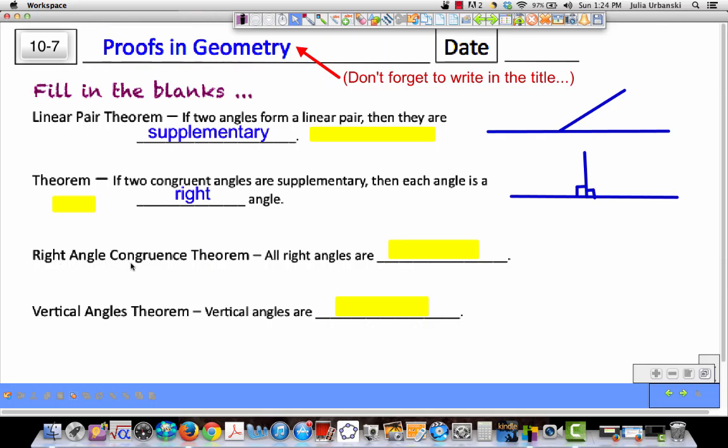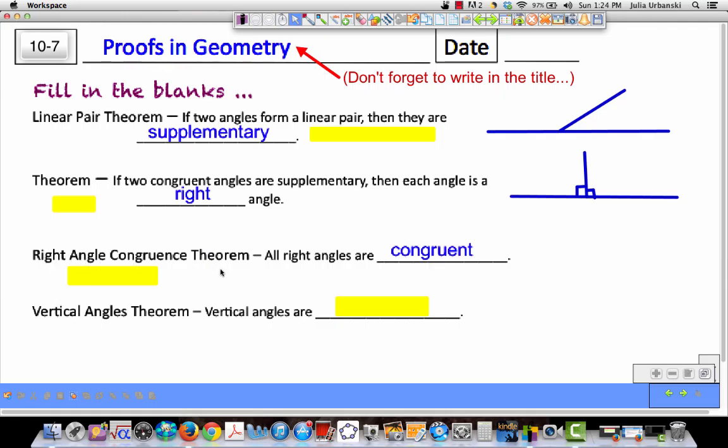Right angle congruence theorem. It speaks for itself. Talking about right angle congruence. So what would you say? All right angles are, what word do you think goes right here? Very good, congruent. The right angle congruence theorem says all right angles are congruent, and you'll hear me just call that the right angles theorem